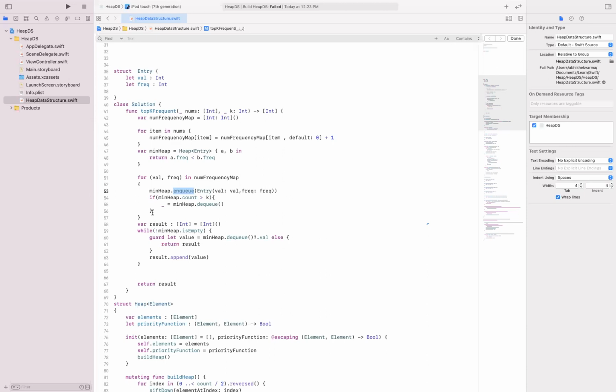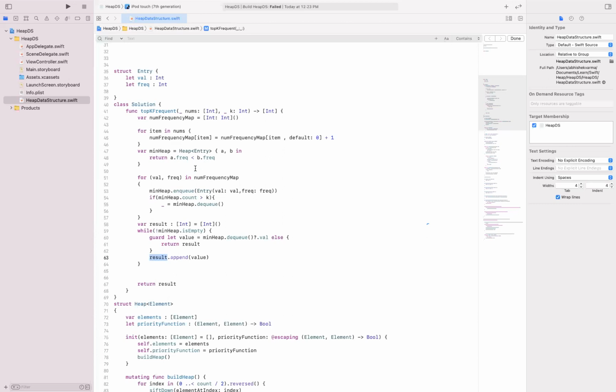As soon as we complete this loop, the only thing left is to dequeue this min heap and append to the result, because now it has only k elements, and that result I just return.